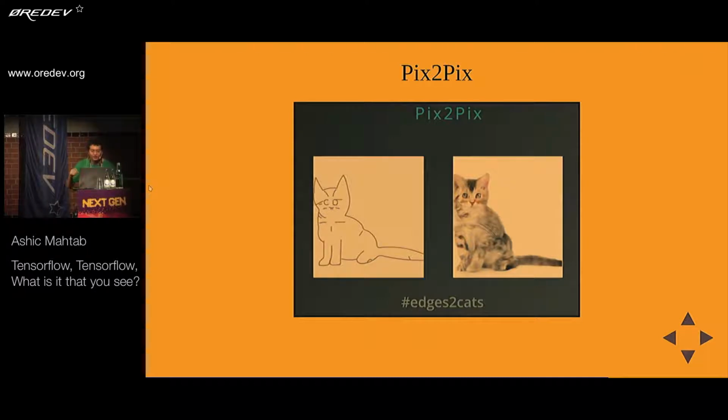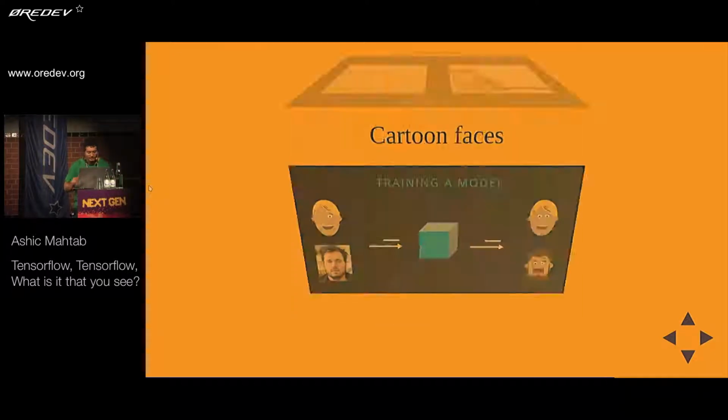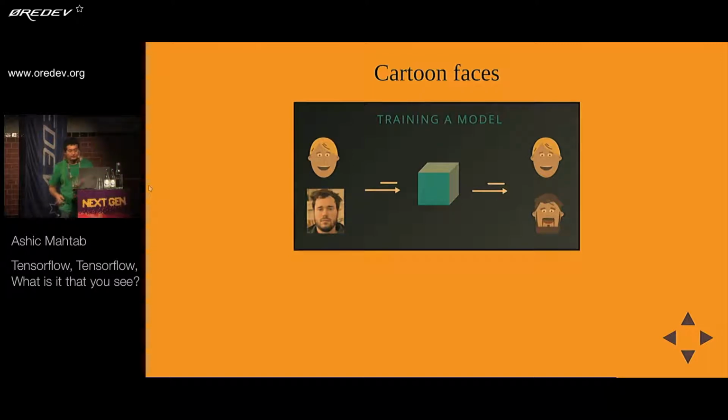Made some waves last year, where you basically draw some shapes, and it translates it into photorealistic images. It draws from an existing pool of images. Training models. Apple are actually using this. The way this works is that you give it faces and cartoons. You just haven't told it that these faces belong to these cartoons. And once this has been trained, you can give it any face, and it can generate that.